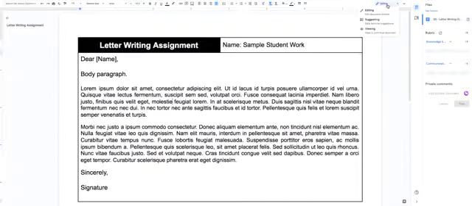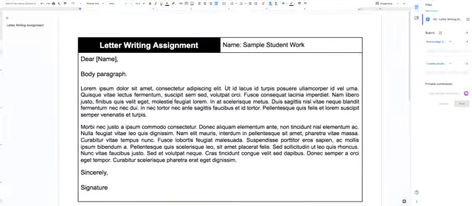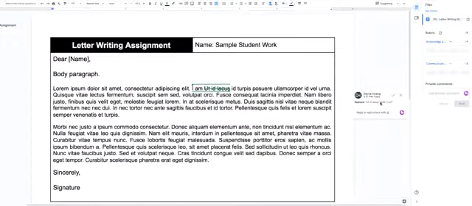you change it from editing to suggesting. When you change it to suggesting, if I go and change this and say here, I am, then it'll leave a little comment here on the right side so that the students can see that I've suggested that. They would have to then accept or reject that suggestion before it becomes something permanent on their actual